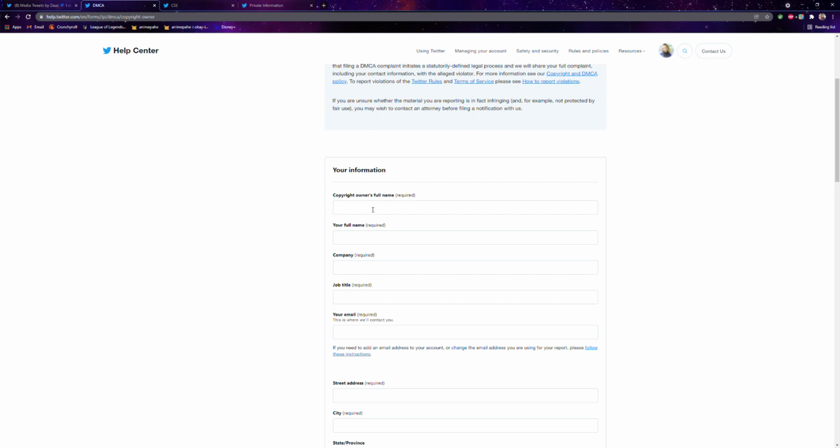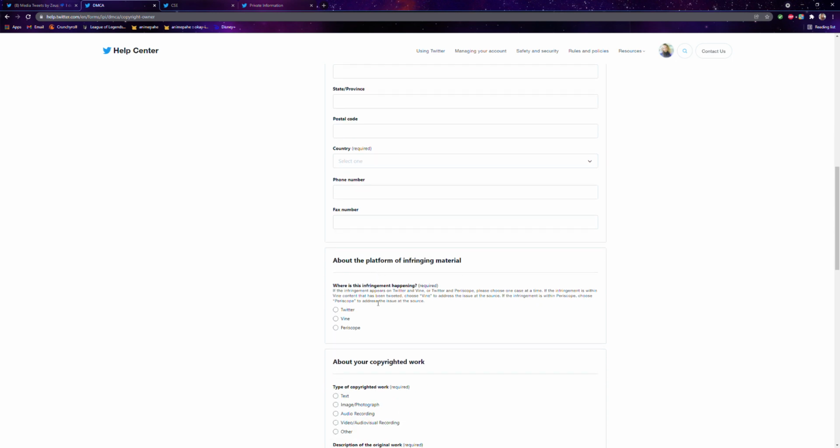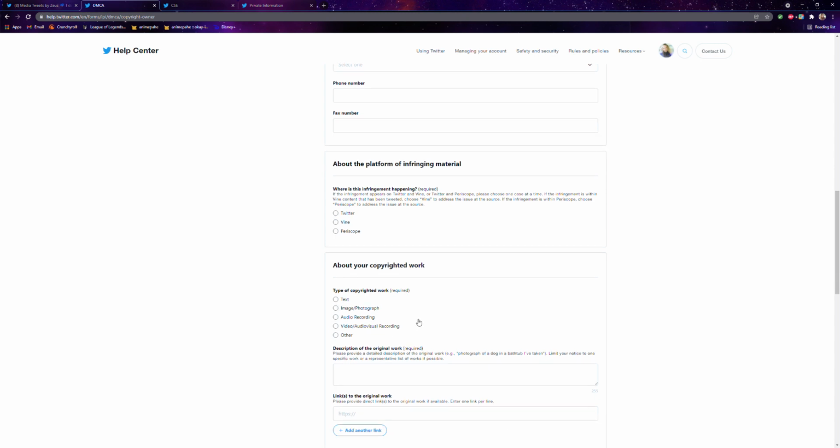So copyright owner's full legal name, also your full legal name, company. You can just say self-employed, job title, whatever. Your email, and then your physical address. Fax number is not required, obviously. And then you would select Twitter. It is an image or photograph, and then